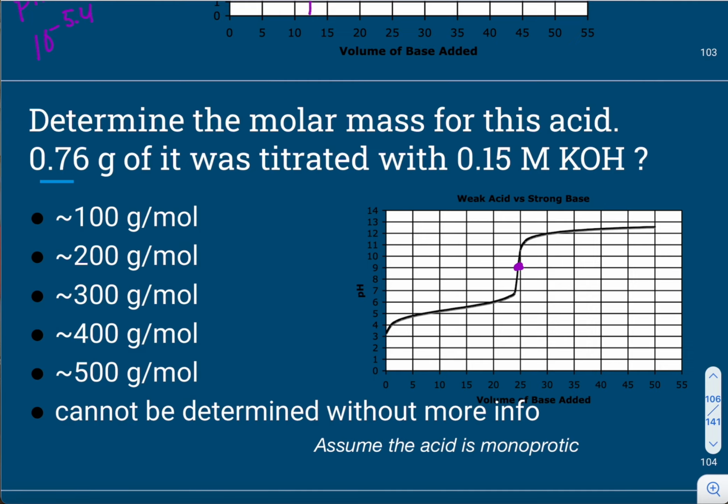So the equivalence point is about, what, 24 mL? So to find the moles of base, excuse me,